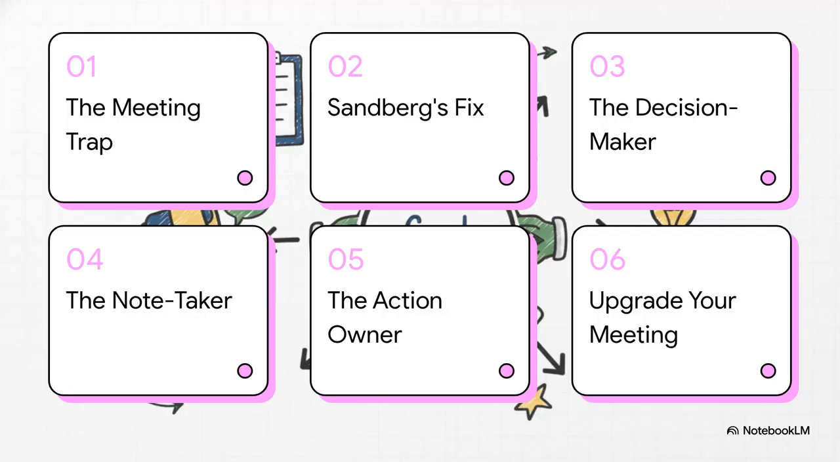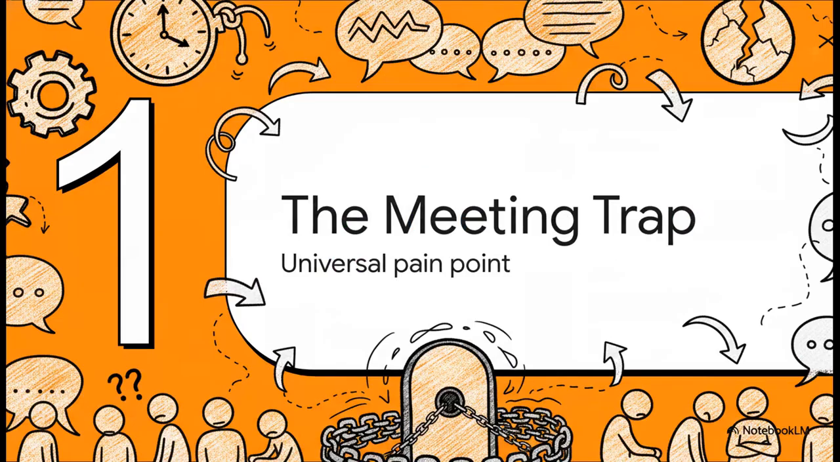So here's exactly how we're going to break this down today. 1. The meeting trap. 2. Sandberg's fix. 3. The decision maker. 4. The note taker. 5. The action owner. And 6. Upgrade your next meeting. All right, starting right off with Section 1, the meeting trap, the universal pain point of